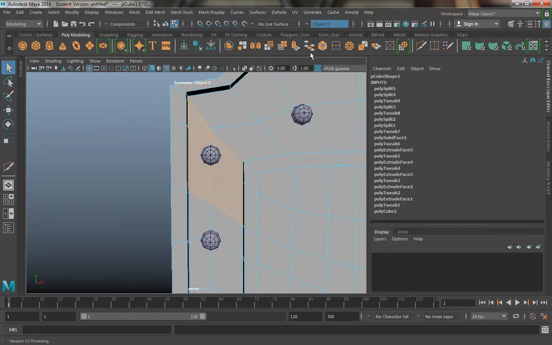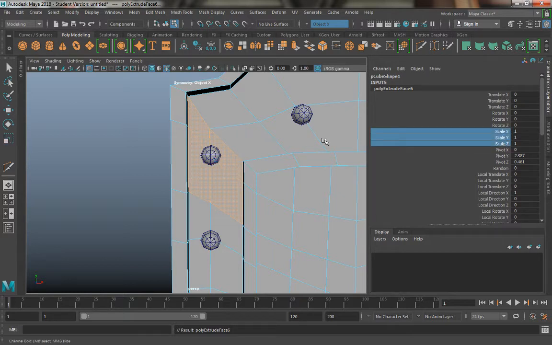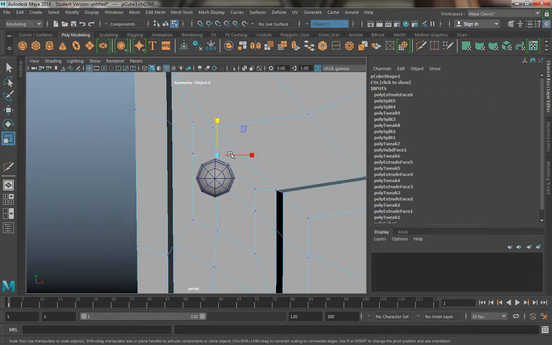So I'm going to highlight these four faces, just these four. I'm going to extrude inward. And we'll just do scale XYZ. Ooh, that didn't work at all. Something like so. Now what I'm going to do from here is I'm going to start to snap these verts,